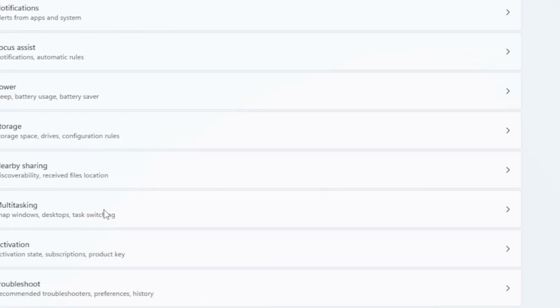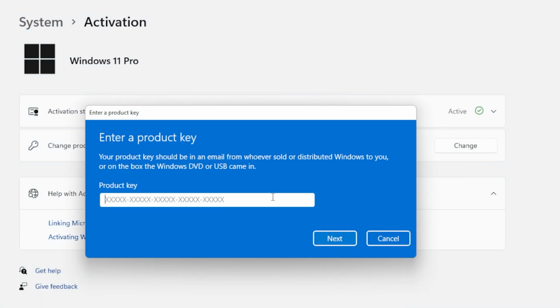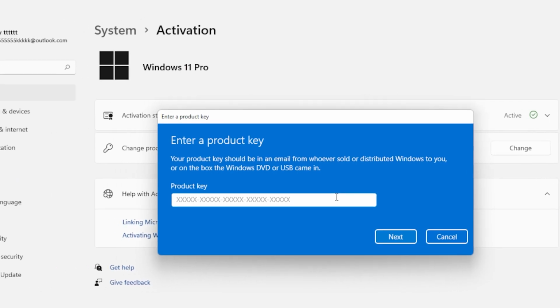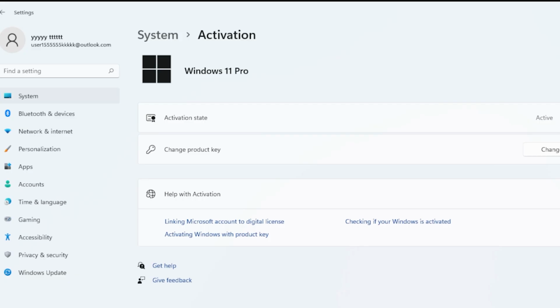First, open Settings, go to System, then Activation. Check which Windows 11 edition you're running, like Home or Pro, because the product key must match it exactly. If the edition is wrong, click Change Product Key and enter the correct key for your edition. If the edition is correct but activation still fails, make sure you're connected to the internet and disable any VPN